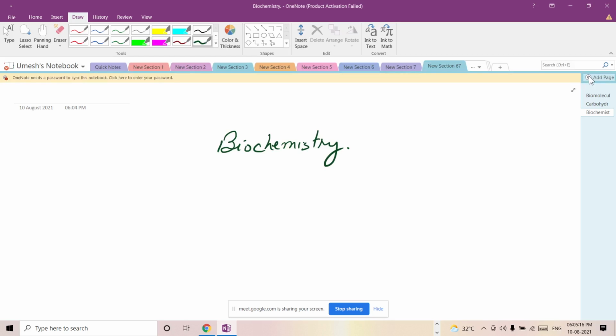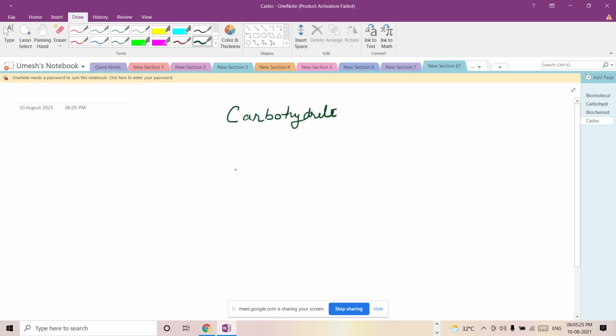In our syllabus, we have carbohydrates in detail, proteins in detail, and nucleic acids. Only these three are there in our syllabus. The rest are not in our syllabus, so we'll not go for that in detail. Today and next class, it will take two classes. It's a lengthy chapter. Carbohydrates take a lot of time, so I'll go for carbohydrates first.